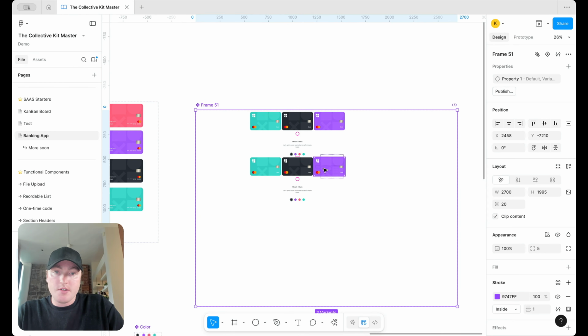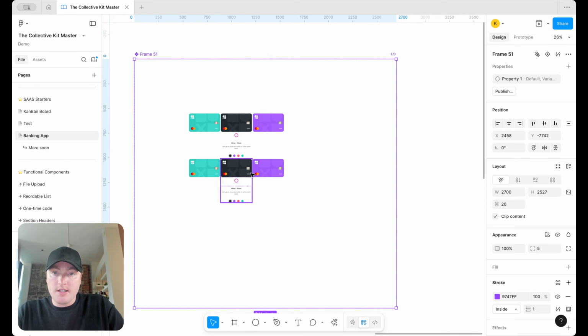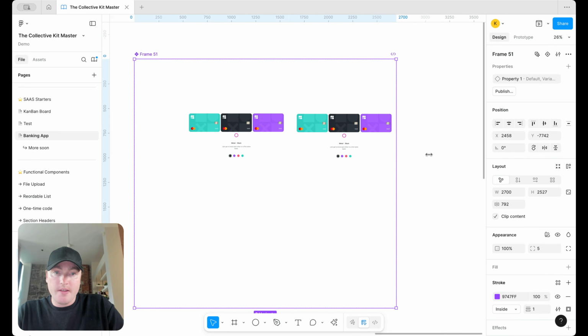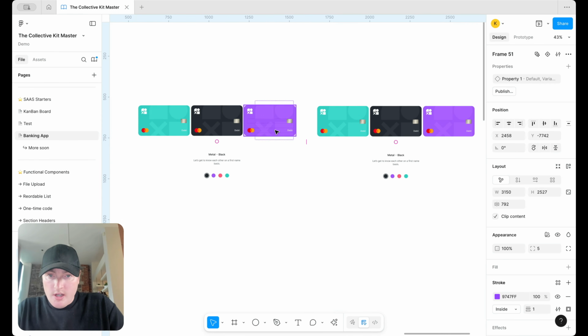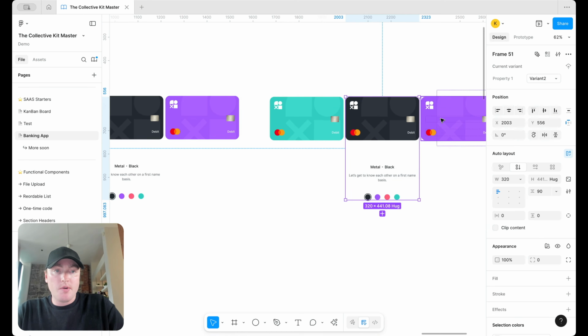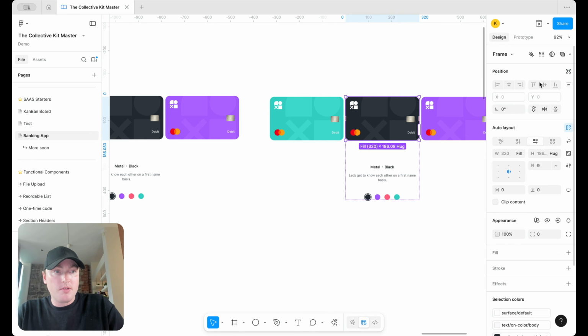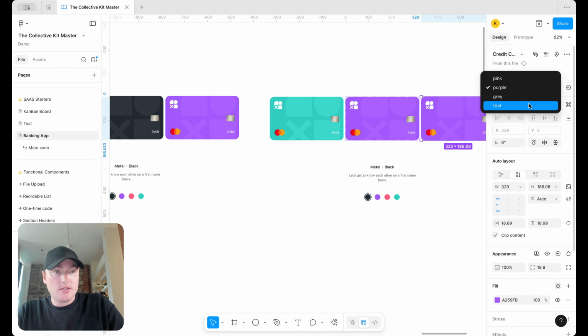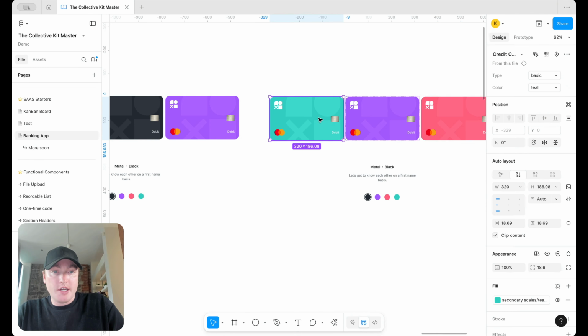And one thing we're going to do here as well is simply move these side by side. Okay, so if this is our first, and this here is going to be our second. So we're going to change this to our purple, and we're going to change this one to our pink, and we're going to change this one